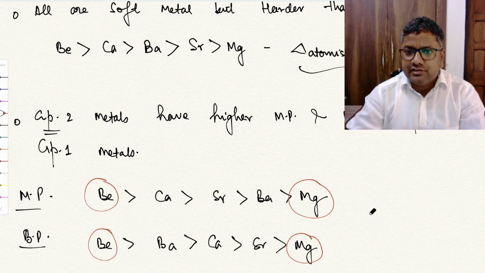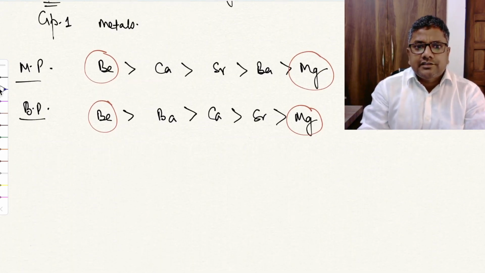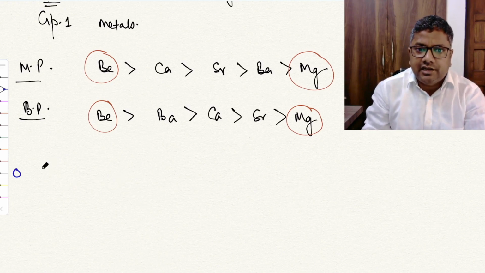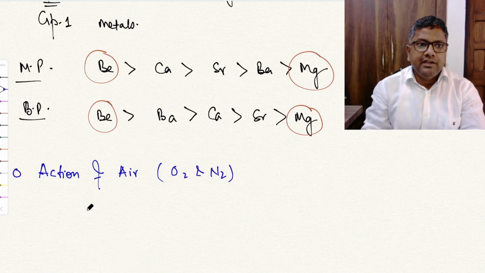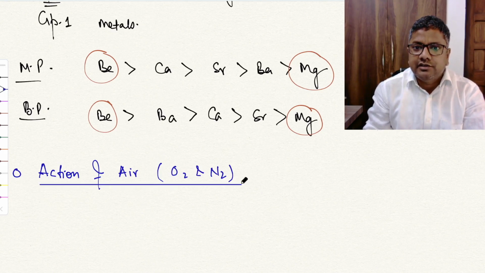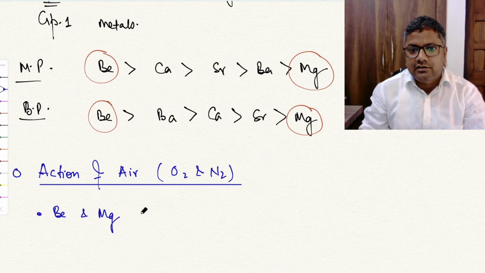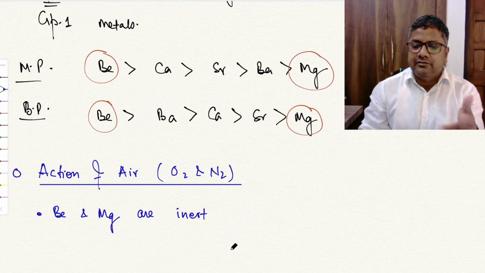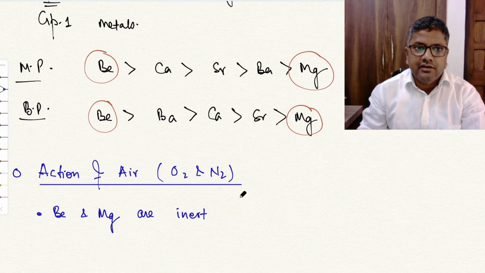Metallic character we have already discussed, that is increases down the group, right? Now see, let's discuss one by one chemical properties, chemical reactivity. So first I am taking action with oxygen and nitrogen, means action of air. Air means O2 and N2 both, right? So see, the first important point is that beryllium and magnesium Mg are kinetically inert, because the word inert itself indicates that we are talking about a kinetic term. Inert towards oxygen,